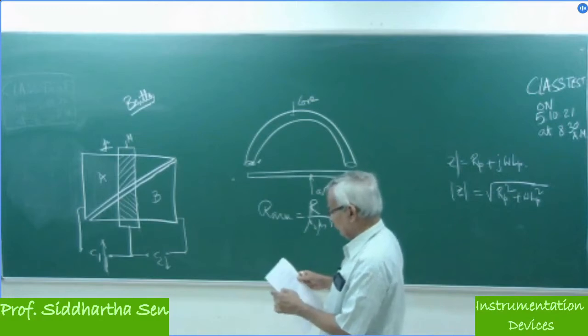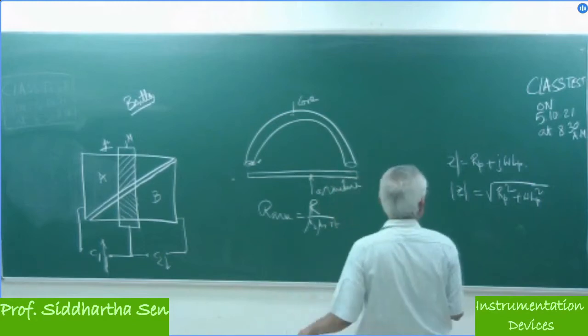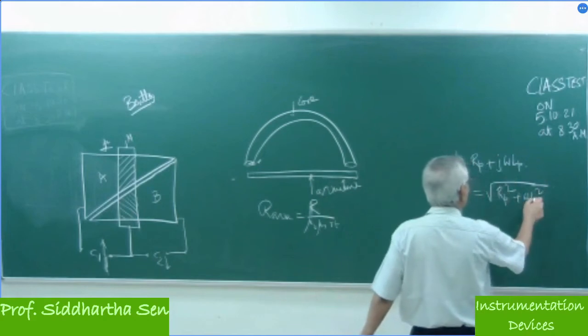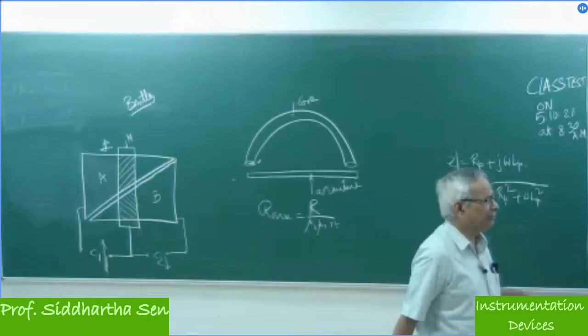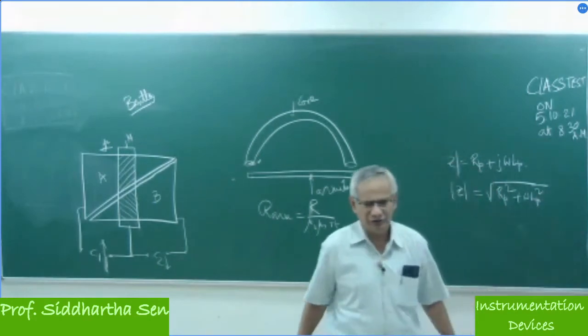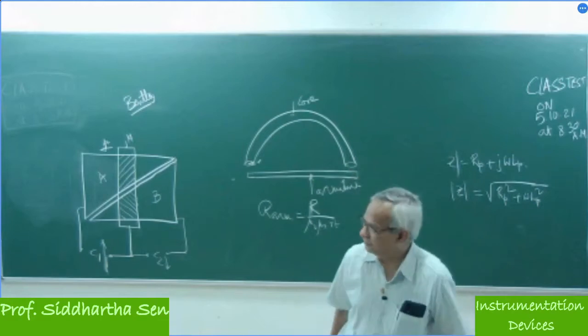But we are assuming, for the sake of simplicity, that the resistance of the voltmeter and the impedance parameters of the primary winding are independent of frequency. That means if we say Rp is quite large compared to Lp, we can consider that it is not changing too much with frequency. So that is only for simplifying the problem. Am I clear?